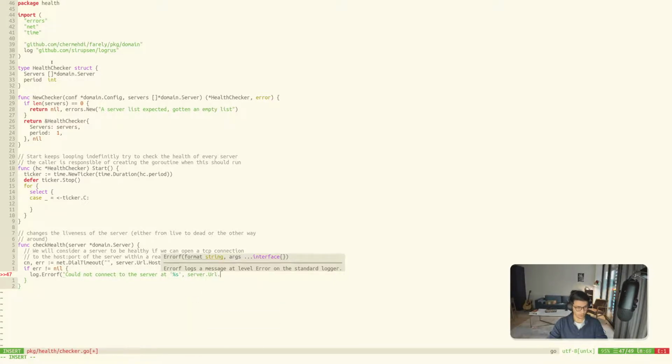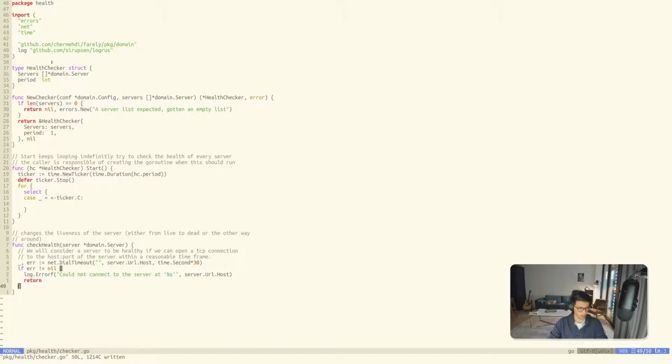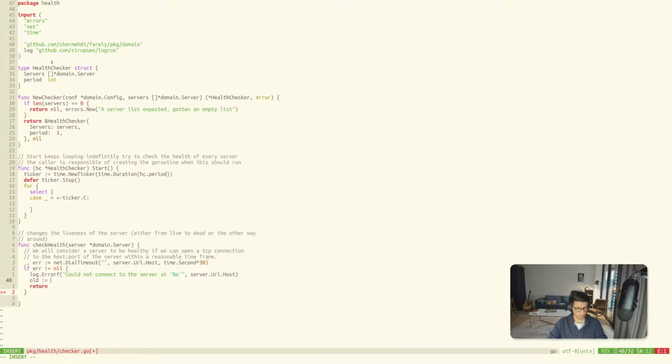Server URL host. Return, otherwise connection dot. I don't really care about the connection as long as this is successful. So here, before we return, we should set old equals server dot set liveness to false, right? If old is not false,